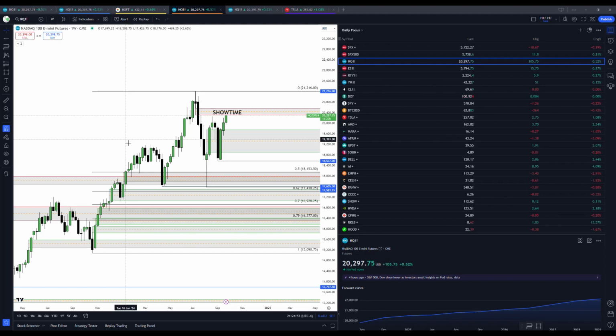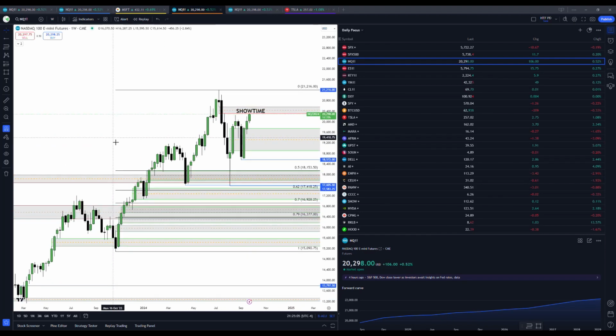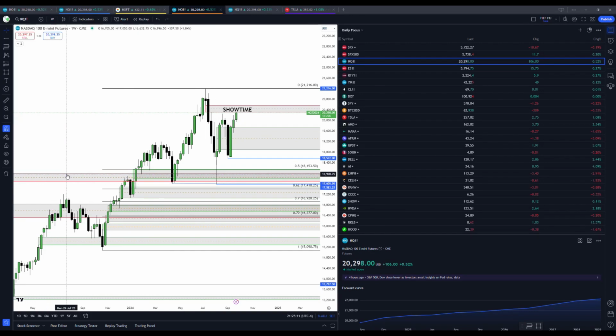And the last being that unicorn model, which that one's going to be a little bit more confusing right now, so I'm not going to explain it because I didn't teach you guys anything about breakers yet, but that's coming. And those are the most powerful, in my opinion, the most powerful type of imbalance that we can really look towards. They don't always occur, but when they do, they bang. So let me come back over here and make sure.